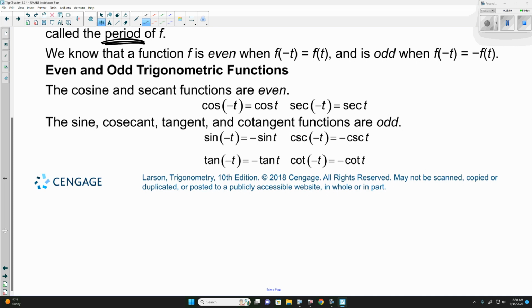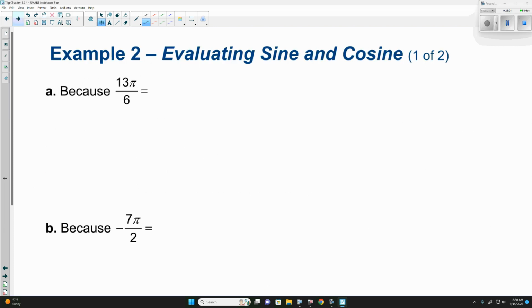And we have this here. So really, cosine of negative t is cosine of t; we can already see that here. I think if we get some examples, because 13 pi over 6, well, evaluating sine and cosine. So if we wanted to look at sine or cosine with 13 pi over 6,